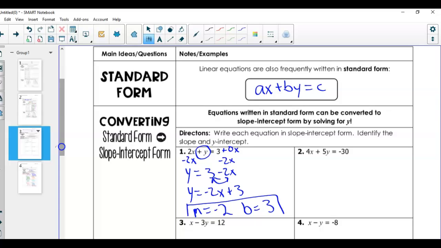Let's try one that's a little bit more complex. Because in number 2, this one has a number in front of y, and number 1 did not. But the first step is always the same. You need to get rid of this x term by either adding or subtracting. So in this case, 4x is being added to 5y, and 4x is positive. So we're going to subtract 4x to both sides,